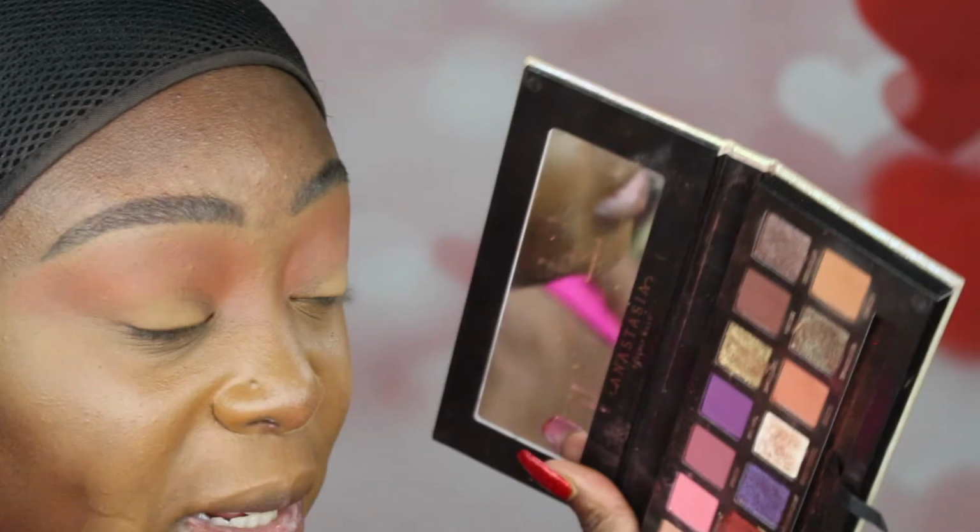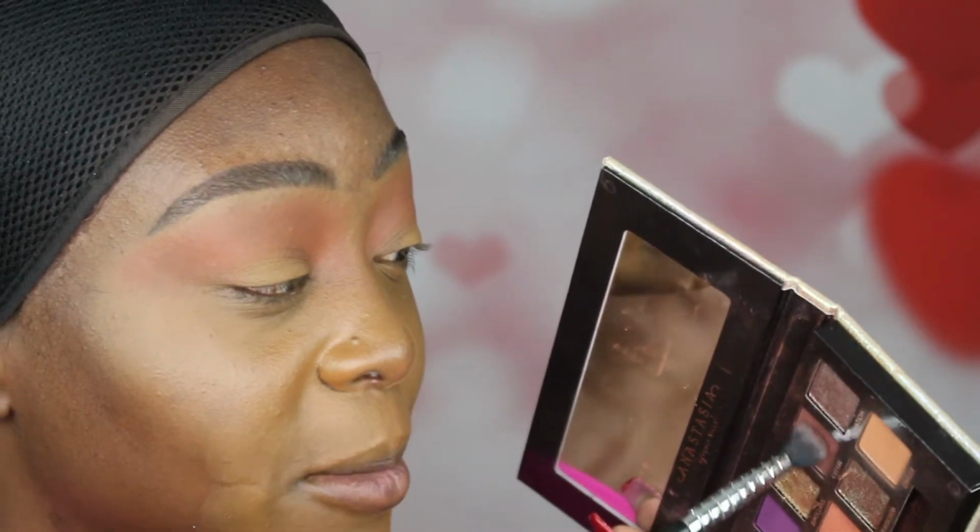So next, I did edges, so now I'm going to go into credit, and I'm going to take it onto another brush, and I'm only going to focus it right into the crease. Right into the crease. And I don't think I want to do any wing liner today. Then I'm going to go back into edges and just clean up those sides so that the harsh line doesn't show. Okay, this is looking perfect. I like it already. So I'm just going to put a little bit more